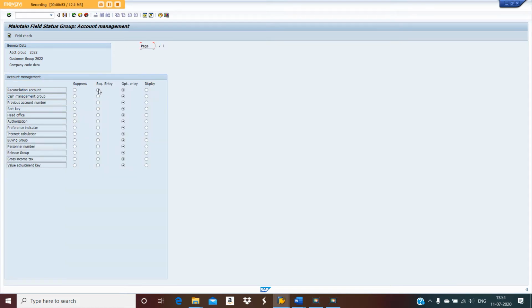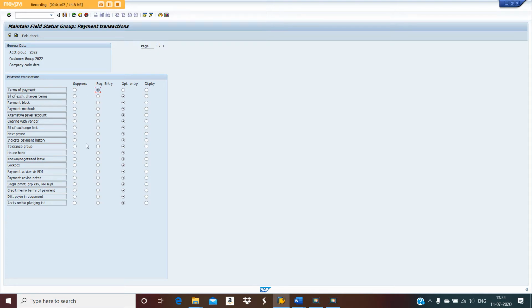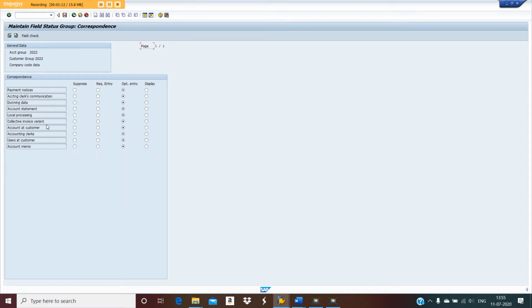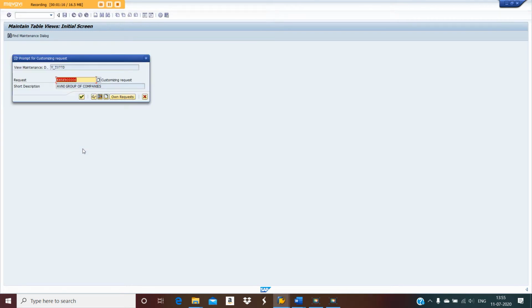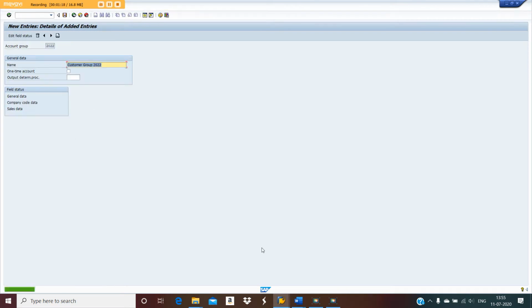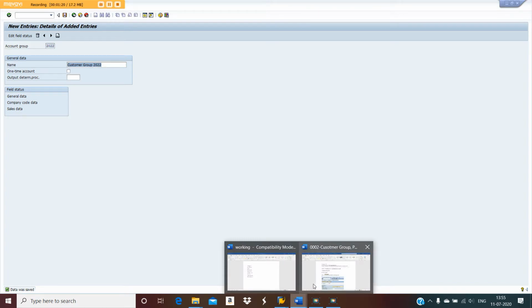Reconciliation account is a required entry, sort key is a required entry. Then click on next. Payment terms of payment is a required entry. Then click on save. So the first step is over.